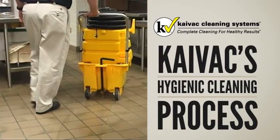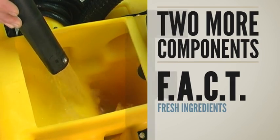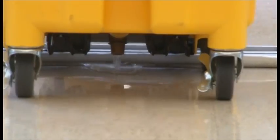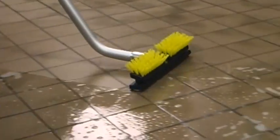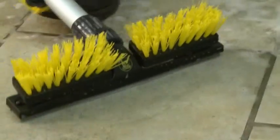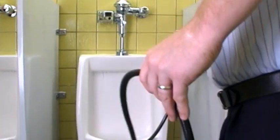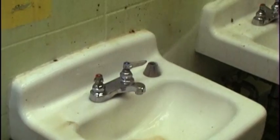Kaivac's hygienic cleaning process incorporates two more components: fresh ingredients and vacuum suction. By ensuring that the cleaning solution and rinse water is always fresh, the risk of cross-contamination is greatly reduced. And perhaps most important, the suctioning away of soil and liquid ensures that all contaminants are removed from surfaces, including vulnerable grout lines. In addition, the Kaivac process incorporates natural dwell time, which is typically minimized during mopping, to loosen